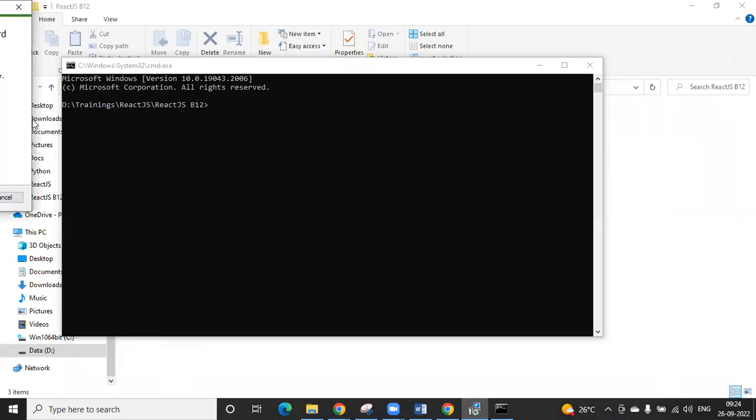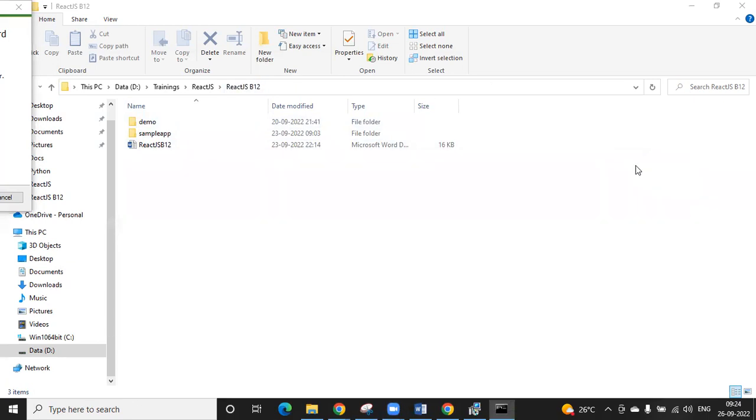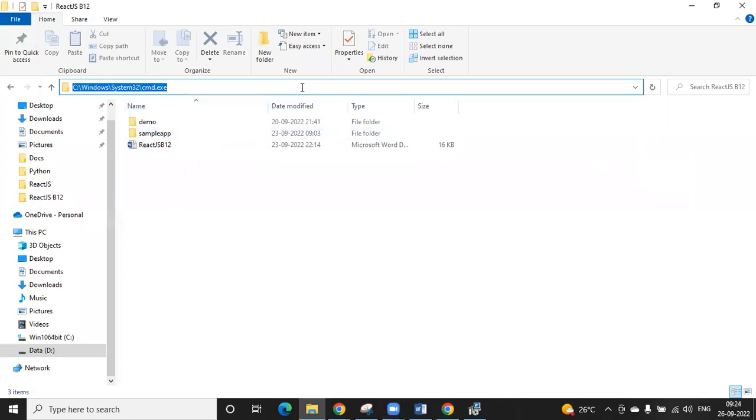It is going to the left side. Okay, the installation is done. So what do I need to do? One more thing: please don't use any spaces, this is not the correct way. So what I have said: go to the address bar and type cmd.